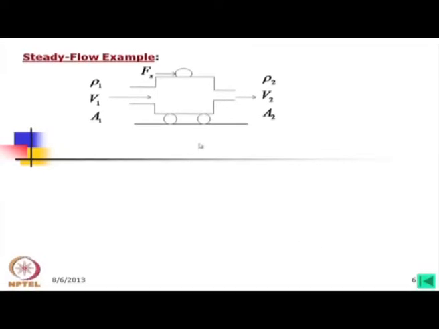Let us consider another tank. It is closed, and it has an inlet and an outlet. Let us consider that at the inlet the area is A1, the oil has density rho 1 and velocity V1. At the outlet it is rho 2, velocity V2 and area is A2. Now, rho 1 and rho 2 may be equal for incompressible fluid if there is no change